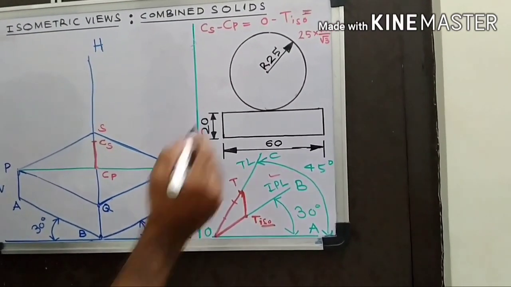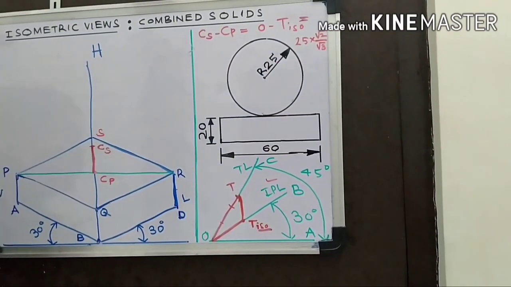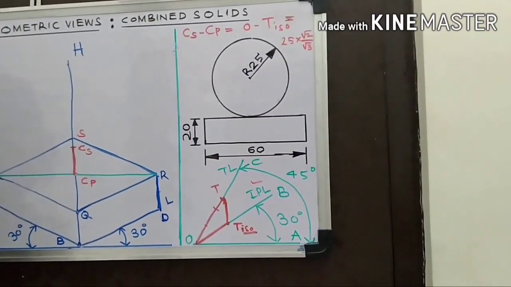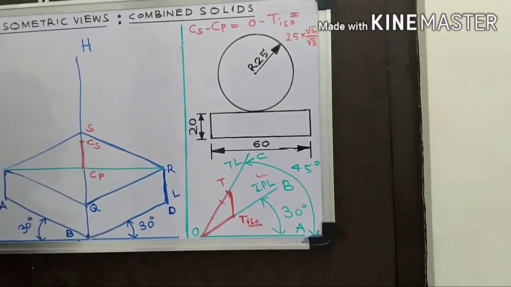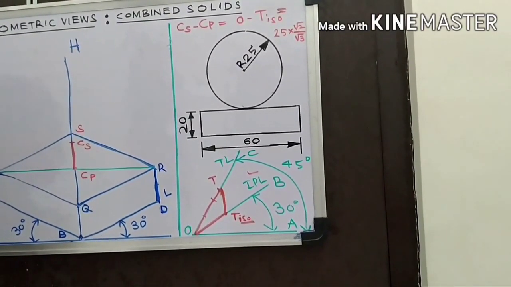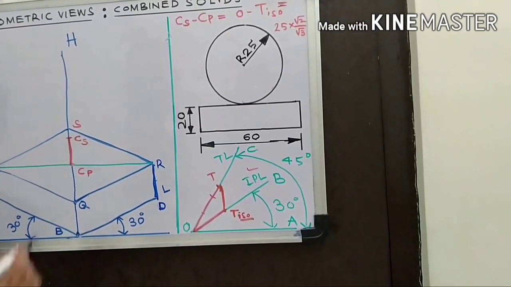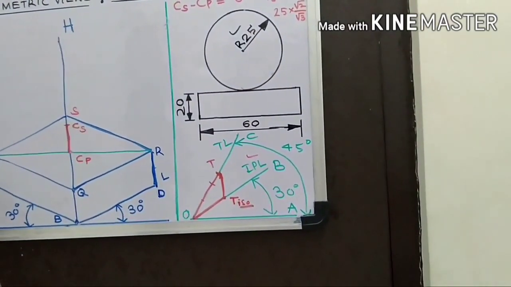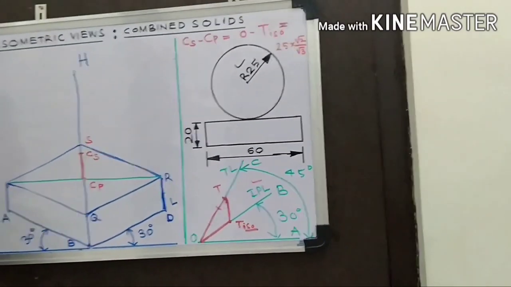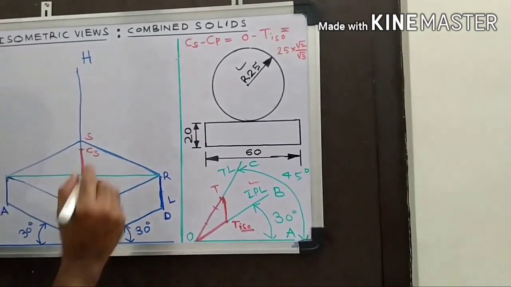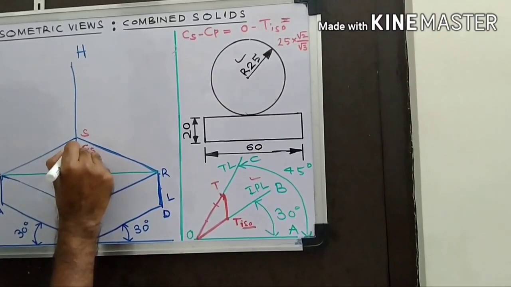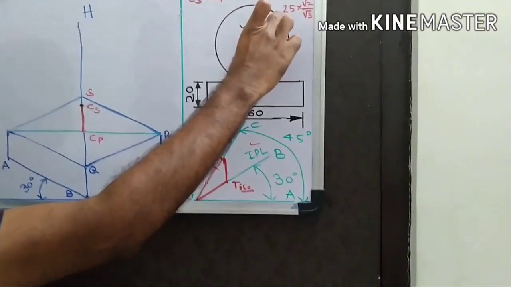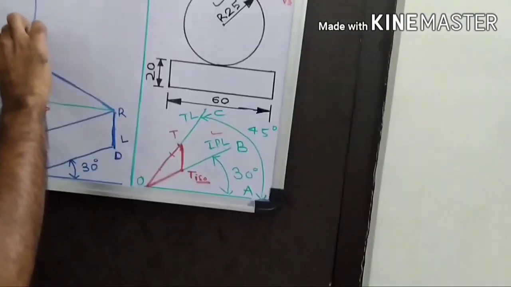What is the sphere radius? 25. Whenever you see the sphere, the radius is going to be the same. It does not change if you look from 360 degrees, therefore the radius is the actual radius, the true radius or original radius. CS is a center, and this is going to be its radius.